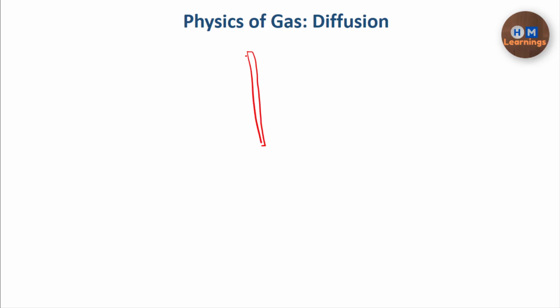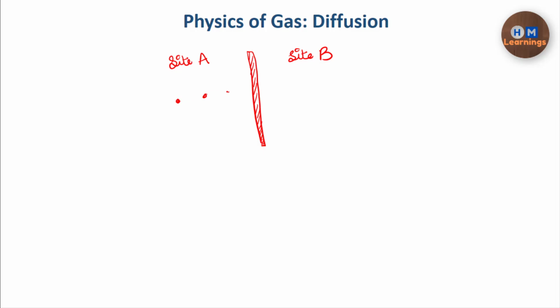Suppose this barrier is not acting as a barrier, this is just a space. This is a barrier which is separating the two spaces. So you are having side A and side B, which are separated from each other by a barrier, and this barrier is not allowing the gas molecules to move from here to here or here to here. It is not allowing any kind of mixing.